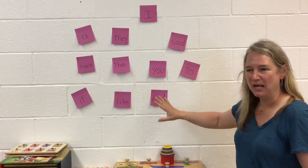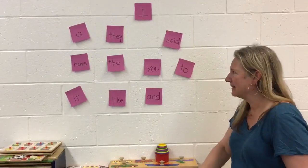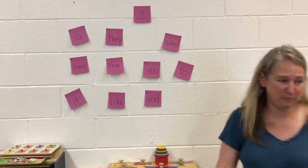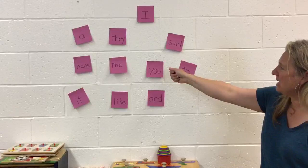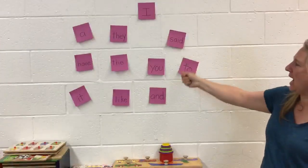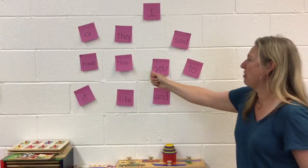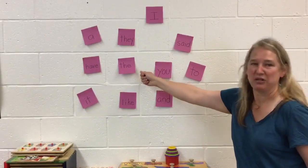can play this game at night when you're going to sleep, and you bring down the lights, and you shine your flashlight. I might even use my phone and shine my phone flashlight on them, and you say, I spy with my little eye the word the, and you shine your light on the, and you want your student to